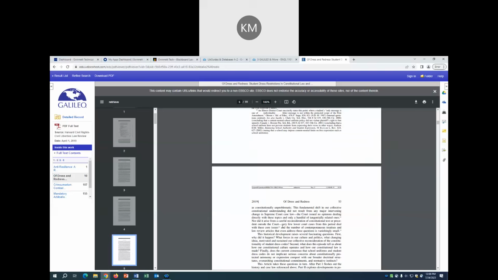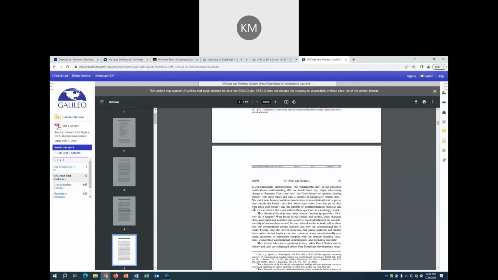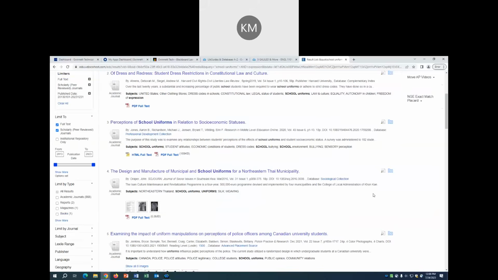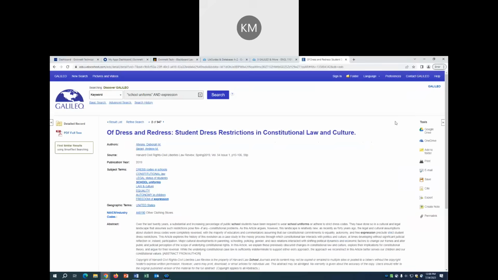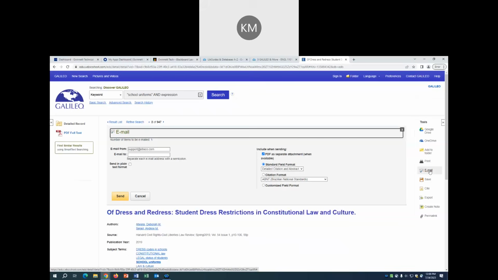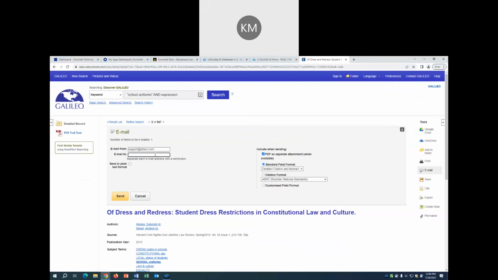Now, before I just take information from this source and go ahead and use it in my paper, I will want to go back to the previous page, and I will want to email the source to myself by going to the right-hand side of the page. Underneath this tools section, you will find the email link, and this will allow me to keep a record of this source. So what you will want to do is type in your email address,